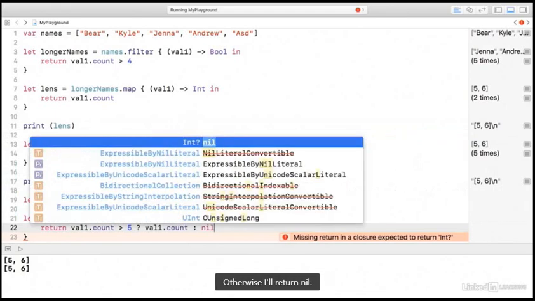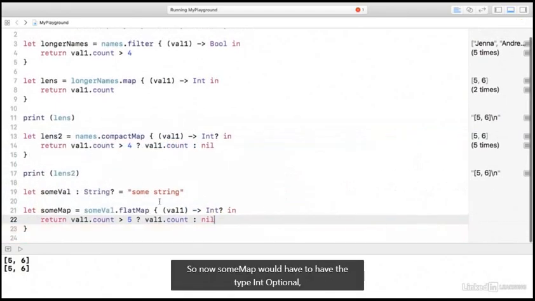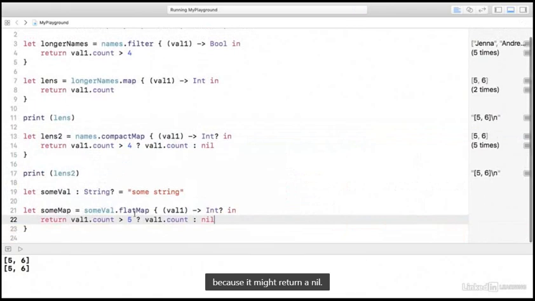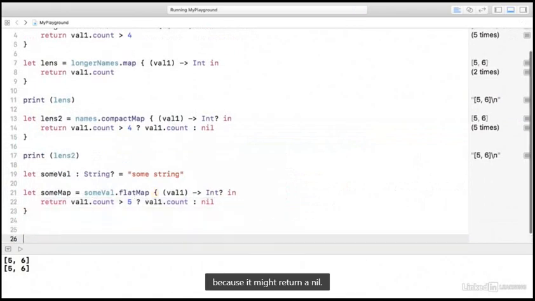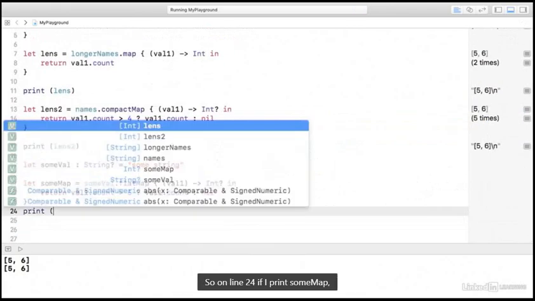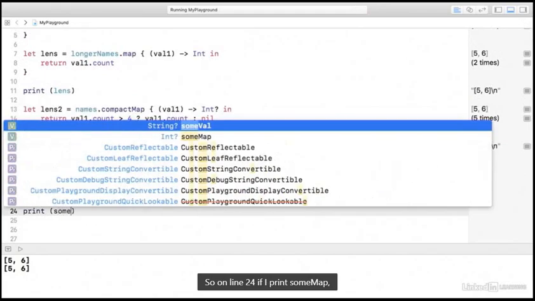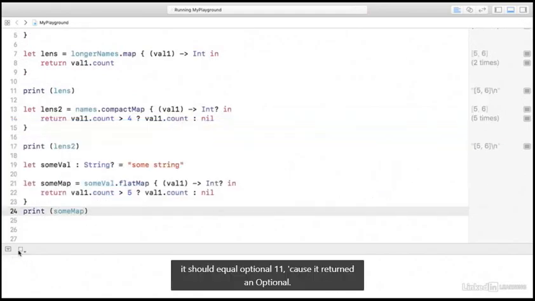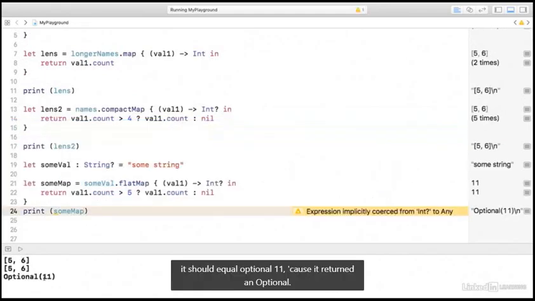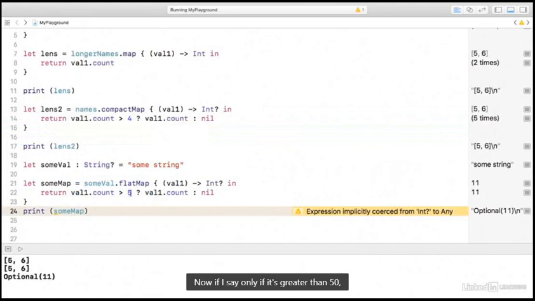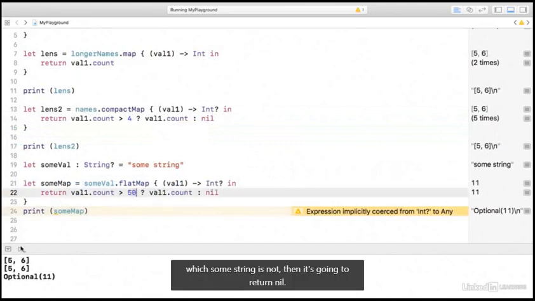Otherwise, I'll return nil. So now some map would have to have the type int optional because it might return a nil. So on line 24, if I print some map, it should equal optional 11 because it returned an optional. Now, if I say only if it's greater than 50, which some string is not, then it's going to return nil. So this is a way that you could take an optional, convert it potentially into something else using